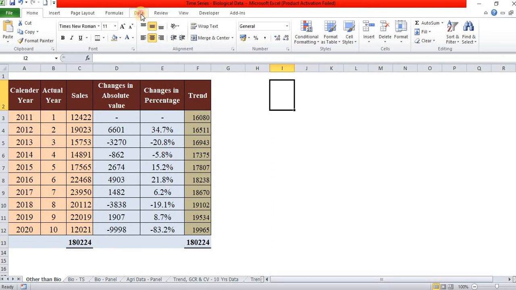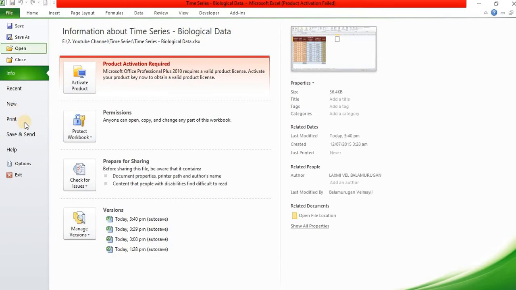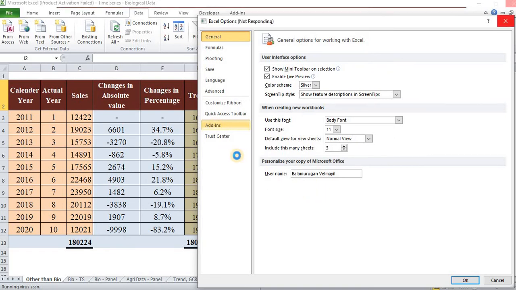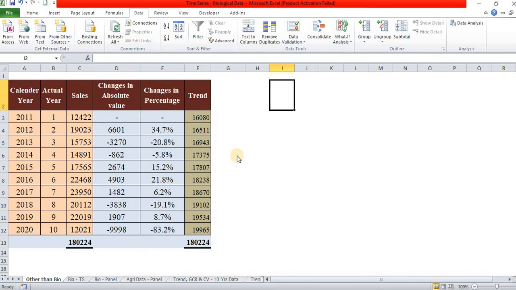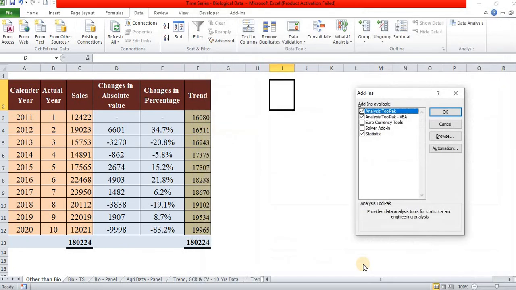In Excel, we can use the data analysis. Sometimes you may not have the data analysis tab in your Excel. In that case, you go to File, Options, Add-ins, then press Go.